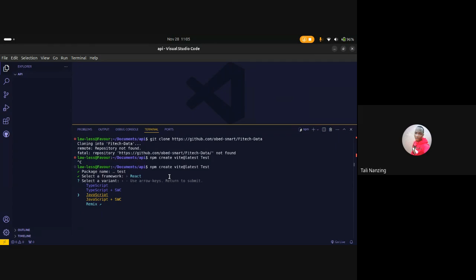Can you all see what I'm doing? Yes, boss. Okay, so I'm just going for JavaScript. Now I've created my project. So I'm going to navigate to my test directory by using cd, then entering the name. So you can see here,